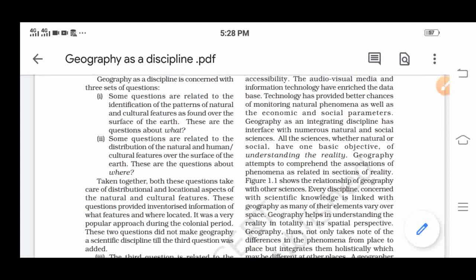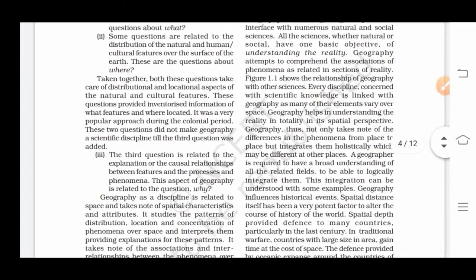Okay. Where? Now where means, याद रखना, ज्योग्राफी में सिर्फ हम डिस्क्रिप्शन नहीं पढ़ते, वी ऑल्सो स्टडी कि वो कहाँ लोकेटेड है. Okay, so geography is also studying about the distribution. Most important, you are studying any natural phenomena. Suppose, let's say, you are studying about the different kinds of natural vegetation. You will not only study the types of natural vegetation, but we will also study where it is located. कौन से country में उस टाइप का नेचुरल वेजिटेशन मिलता है, कौन से कंट्री में एवरग्रीन है, कौन से कंट्री में डेसिडियस फॉरेस्ट्स है. दैट इज द क्वेश्चन ऑफ वाई. ऑलराइट, देन वी स्टडी वाई.